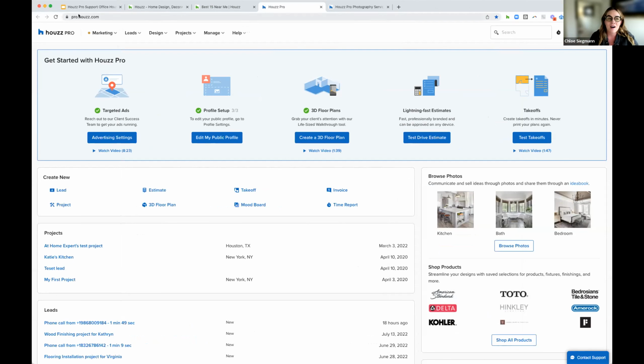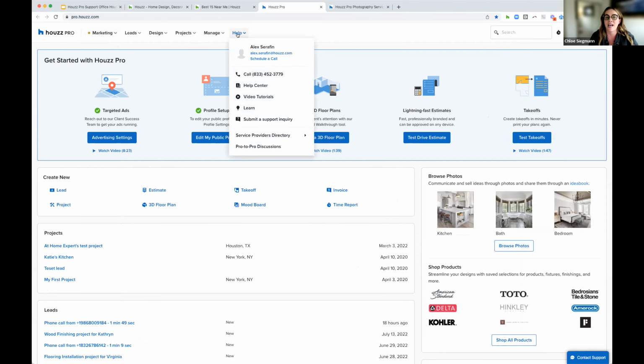So back on pro.houzz.com on the blue Houzz where you manage your business, there's this help icon on the upper tab here. So many of you, depending on your package, you probably either have an assigned client success manager, or if you just started with us, you all have an onboarding specialist. Their name will be right here, as well as their direct email address, and you can even schedule a call directly on their calendar. So these are great tools to make sure you get the support that you need when